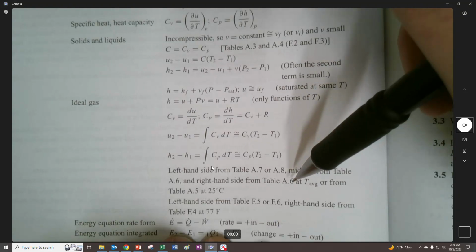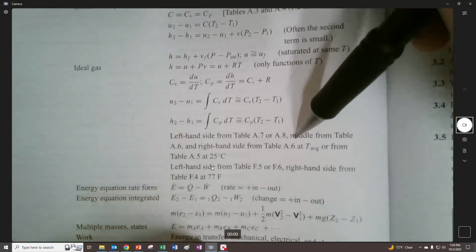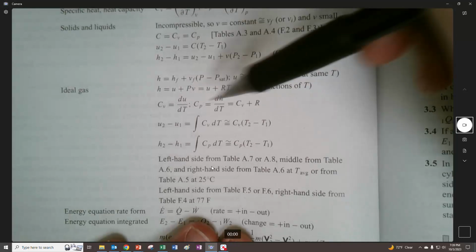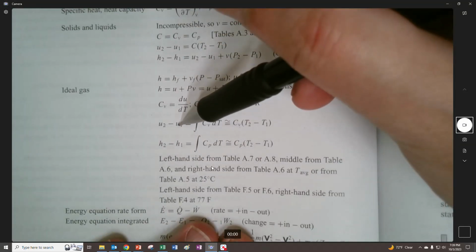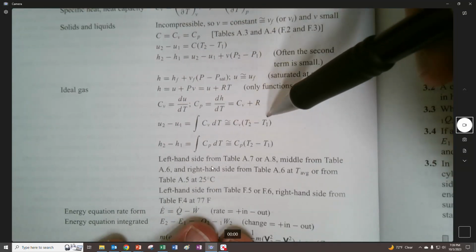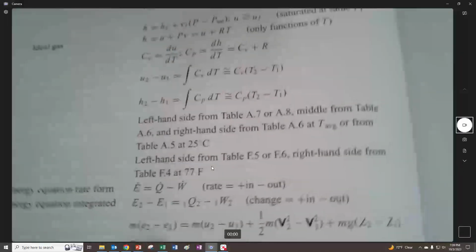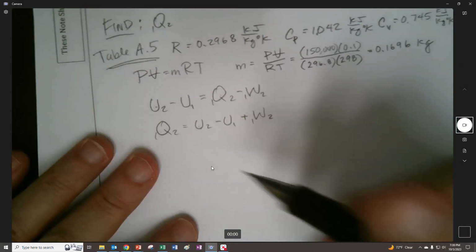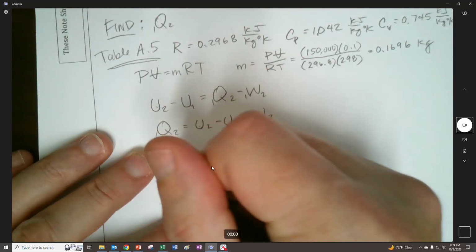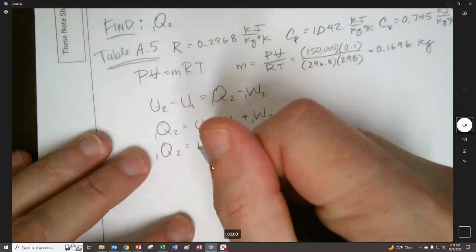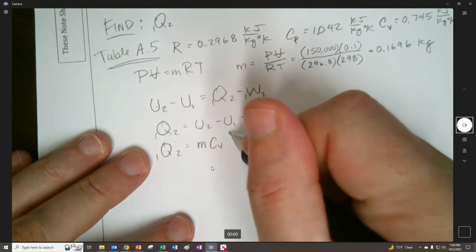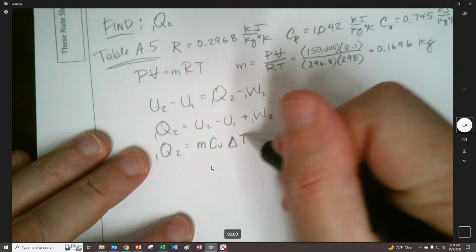And they also describe some of this stuff, what to do with the tables. So not a bad place to look for things. But we're going to write this out right here, and we're going to use CV and the difference in the temperature. So that's going to be Q1 to 2 is equal to mass times CV times delta T